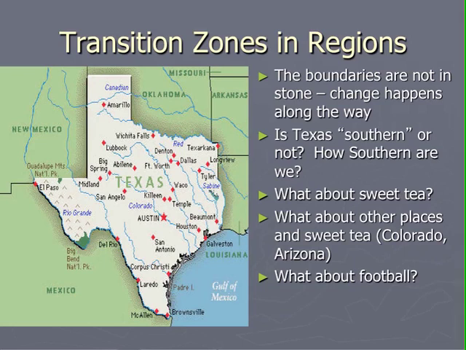Sometimes these regions do change. South Sudan is a new country. It's a region that did not exist before. I like this example, sweet tea. Areas around the South, we love our sweet tea. So when does that region end? When do we stop seeing sweet tea, or when is it no longer Southern? And what about football? In the South, we like a lot of football. But do they like football in the North? Yes. So, again, when does that region end? Does it end in Canada? Those are some of the questions that we'll be looking at today.